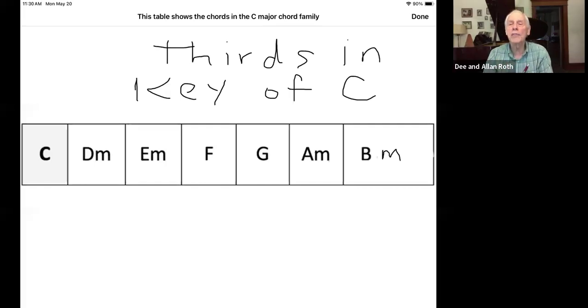Well, when you make those into triads with those as the bottom intervals, what you get is all the same chord as the thirds that you played, except for B. And in the case of the B triad, that's a B diminished instead of a B minor. But you see, those correspond very nicely. And so if you know your thirds, then basically you know your chords, and all you have to do is